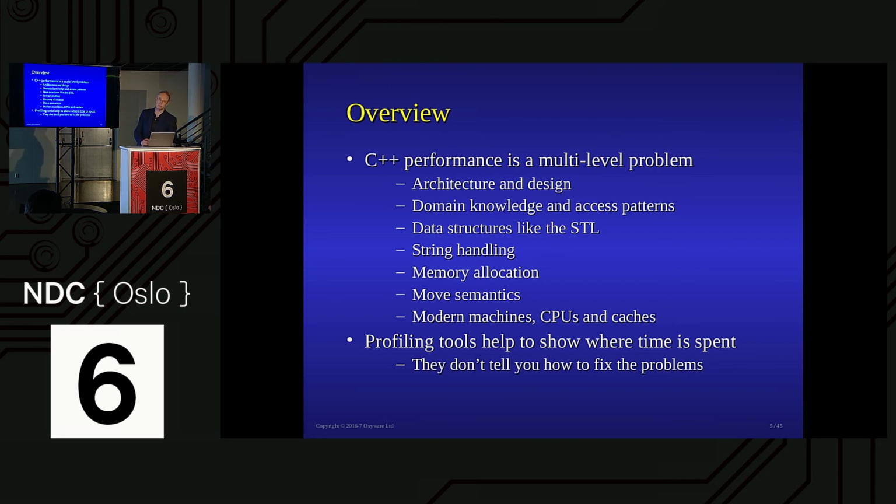It's a multi-level problem. It's everything from architecture and design. One of the things I would like to stress is domain knowledge. Domain knowledge is really useful. You can't expect the compiler to do stuff that you can't communicate to it. And there's a lot of things that we need to understand about what you're doing, how you use it, as to whether something is faster or not. Your access patterns. The STL is great. I like the STL. The STL is good, but we better use it in the right way. There are alternatives to it. It's not always the right thing, but if well used, in a lot of cases, it is.